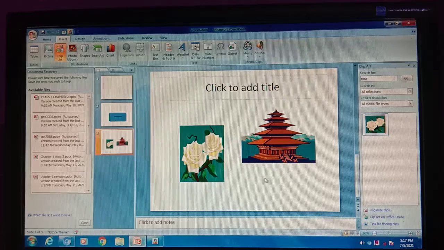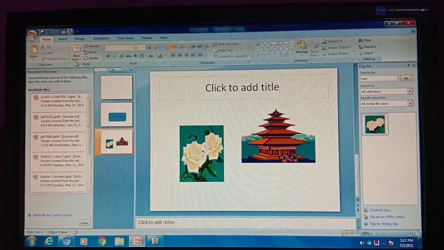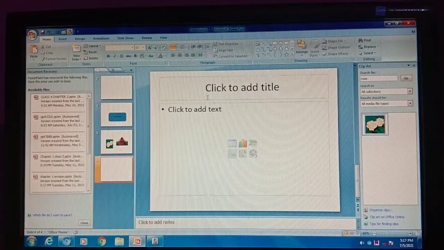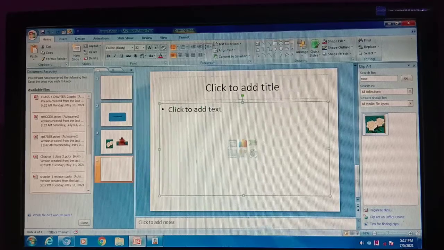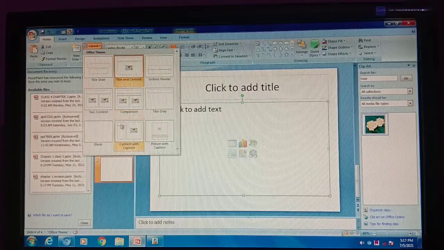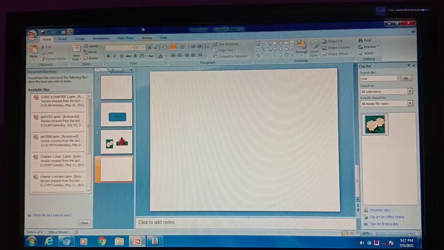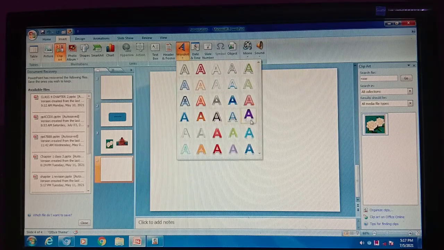Now the next topic is working with word art. Students, you can also work with word art in your presentation to make it more beautiful, or for writing something you can use word art. Insert, word art option. You want to write something a little bit big on your slide. For example, I am taking a blank slide. Now I want to insert a word art.